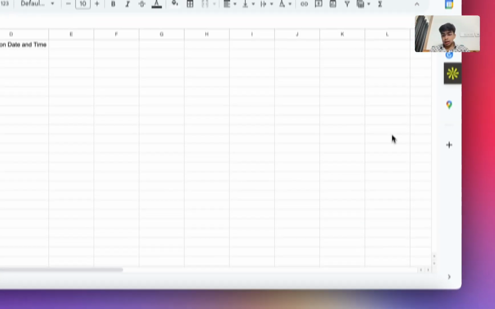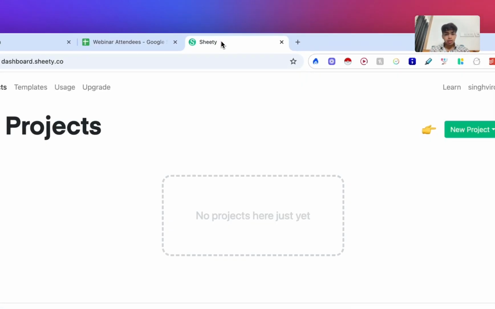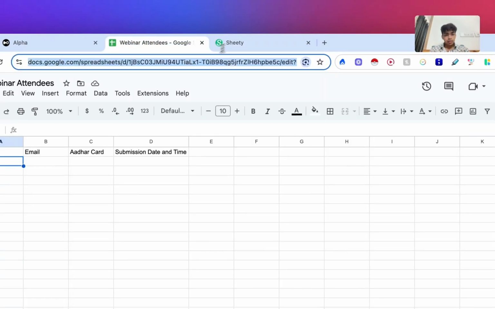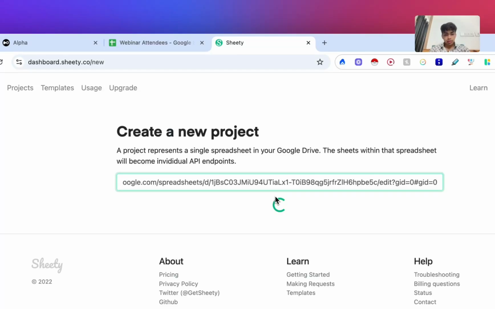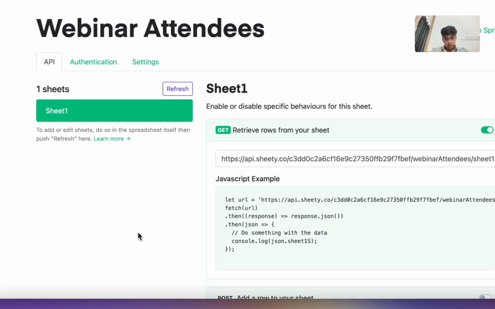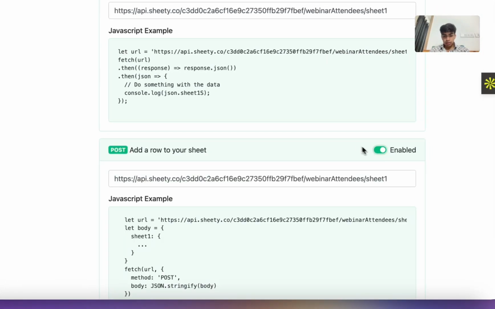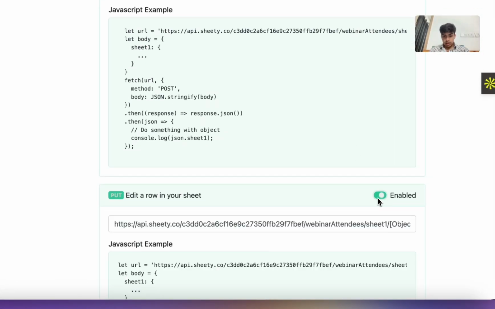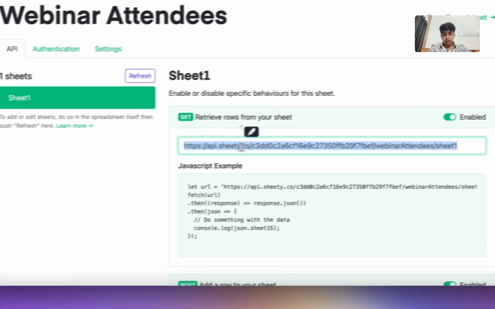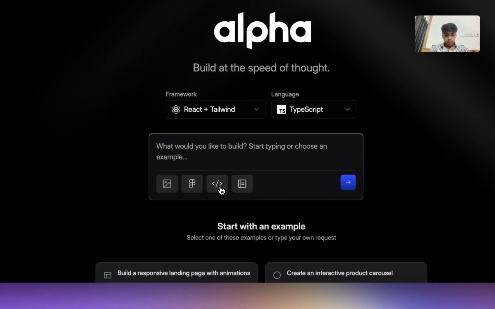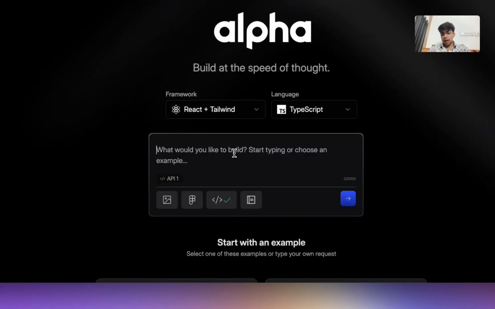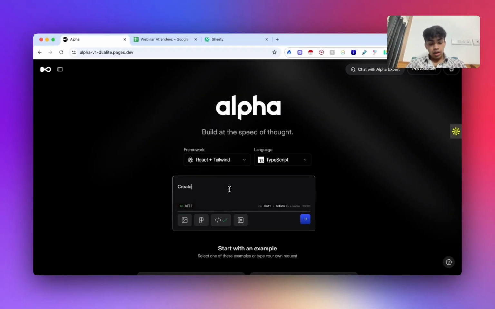So what I'll be doing is pretty straightforward. I'll be using the Sheety API. So I'm creating a new project from Google Sheet, just copy pasting the sheet here. Create a project. I'll just enable add a row. Just enable all of these three things, and then we'll use this API. Copy this, go to code, paste this here, and then just type out a good prompt, which is create me